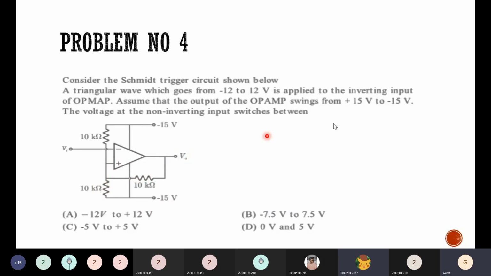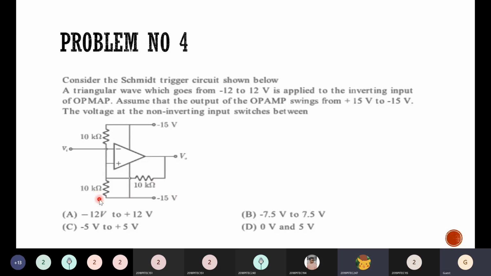So if this is the output they have given, plus or minus 15 volts, is it not? So it means plus or minus 7.5 volts will go here. So this is the case when this part is grounded. So that option is also available, plus or minus 7.5 volts. You should not get confused here. If you directly apply the equations that we have seen in the schematic, then it will result in plus or minus 7.5 volts. But here if you see